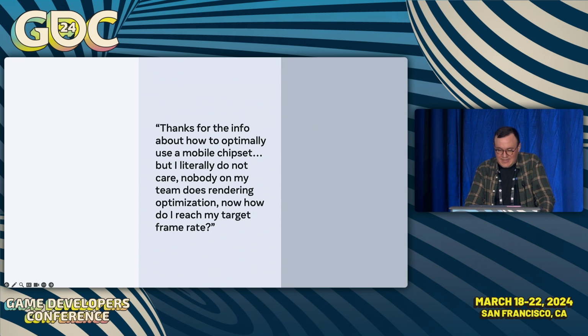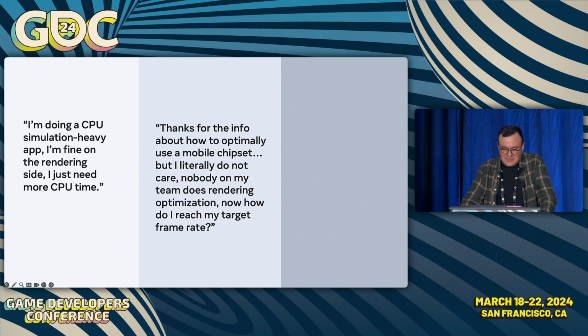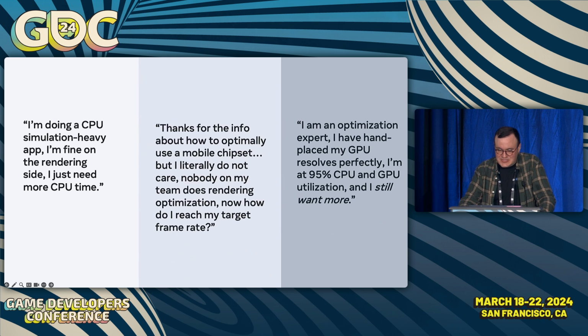Other very valid replies include, well, you know, I'm doing a CPU simulation heavy app. The GPU stuff is good, but I'm really interested in talking about how to get more CPU time. Or people can also say, I'm an optimization expert. I have hand-placed my GPU resolves perfectly. I'm at 95% CPU and GPU utilization, and I still want more. So